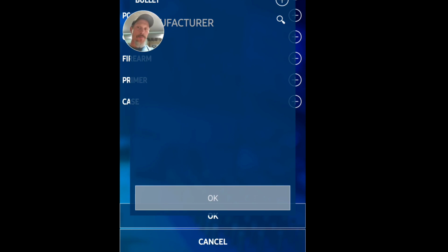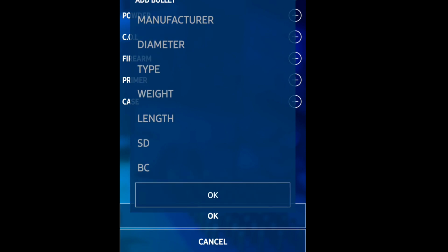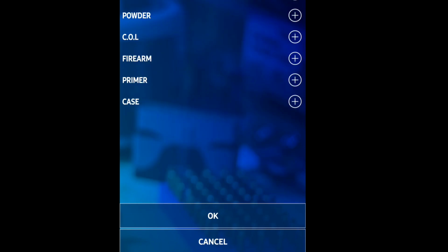I haven't really played around with it too much to find out how many different manufacturers for the bullets there are, but that's okay. Let's see, your diameter, your type, your weight. Let me go out of that. Your powder. Now, this Winchester Staball isn't in the system yet, so I had to edit that in. You can put your firearm that you're using, your primers,